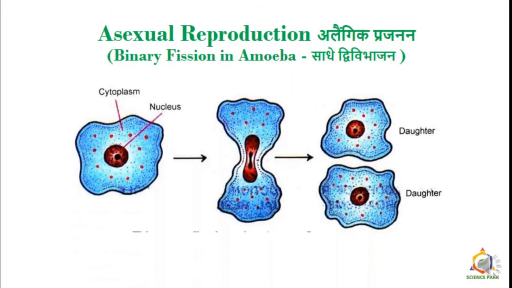Now, binary fission in amoeba. You can recall that amoeba is a single-celled organism, but it begins the process of reproduction by division of the nucleus. See, in the center, the diagram shows that the nucleus is dividing and forming two nuclei. Then this is followed by the division of its body into two, each part receiving a nucleus. And finally, two amoebae are produced from one parent amoeba. This is a type of asexual reproduction.